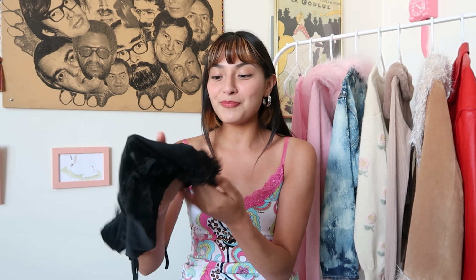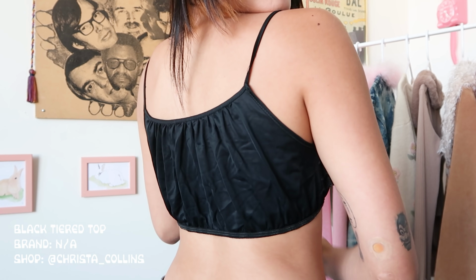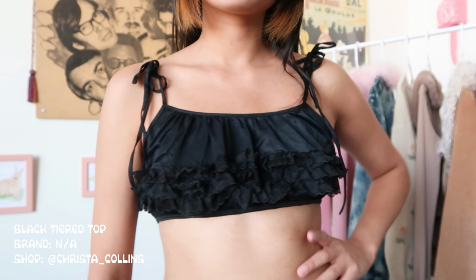And we're down to the last item from this specific shop, and it's just this really cute crop top bralette. So it just has this little frill tier detail on the front, and I once went to a warehouse sale and I got some high-waisted vintage underwear with the same frill, but I sold them on Depop, so this really kind of makes me regret selling them. So I could have worn it as a set. But even though this is like a bra and supposed to be worn under a shirt or something, I'm probably just gonna wear it like that with some high-waisted shorts or some high-waisted pants